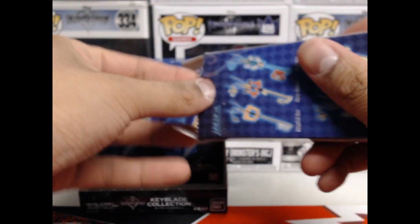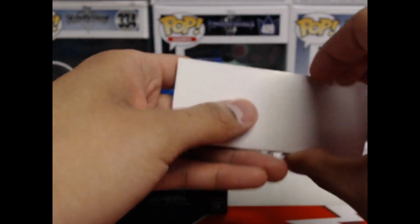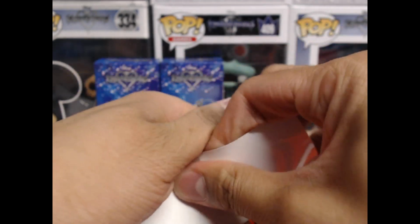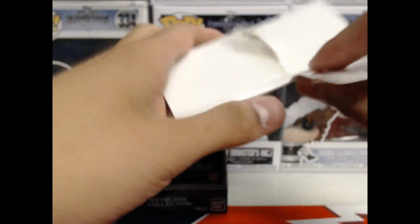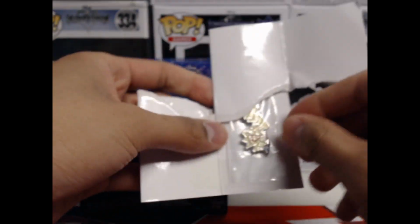So I'm glad I got one, but I hope that's the only one. I hope we can get at least one Oathkeeper and one Ultima Weapon, because that would be the best. I kind of wanted everything except, honestly, Crabclaw. Crabclaw is the one that I didn't want. And I didn't want dupes, but clearly that did not pan out well for us. We got a dupe of Oblivion, which I'm not really sure what I want to do with right now, because I'm not a big fan of...